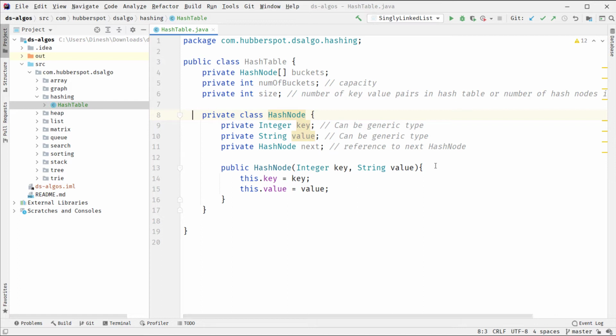So basically in a hash table, the number of hash nodes represents the size of the hash table.